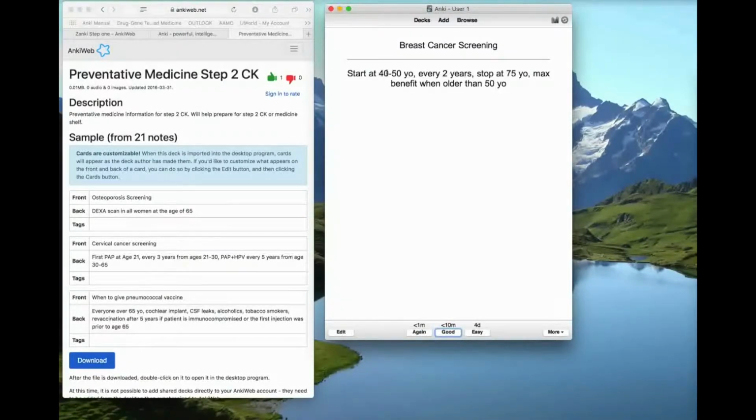And now it says start at 40 to 50 years, every 2 years, blah, blah, blah. So let's say that if I knew this very well, I could click Easy. That will mean that it won't show me this card again until 4 days from now. If I click Good, that means I sort of know it, but I really want to go over it again. It's not an easy card for me. If I didn't know it at all, I want to click Again